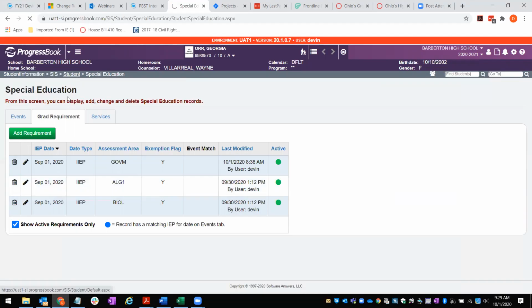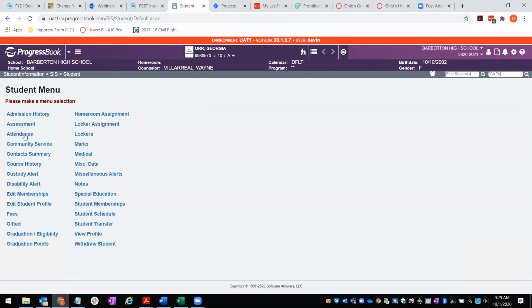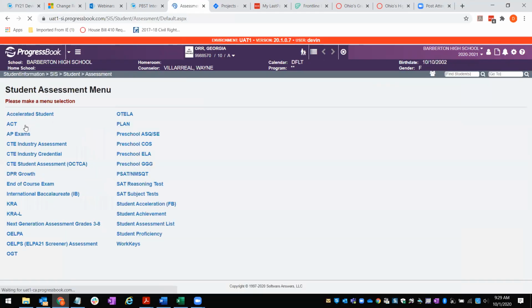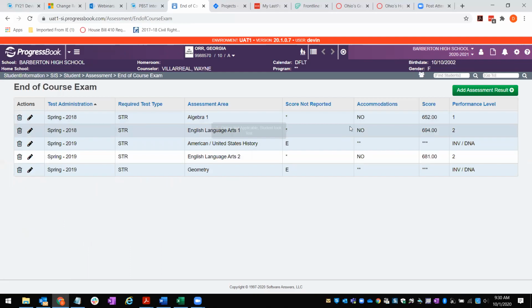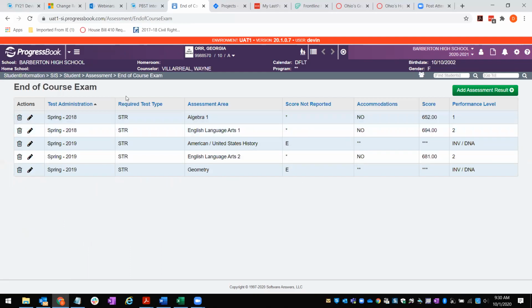And if we go here and look at her end of course records, we're going to see she has taken government and algebra. I think those are the 2. And not yet taken biology. Okay, so here's, well, history, I guess, and algebra is what she's taken, and she had a performance level of 1 on there. So if we go back to her graduation points,